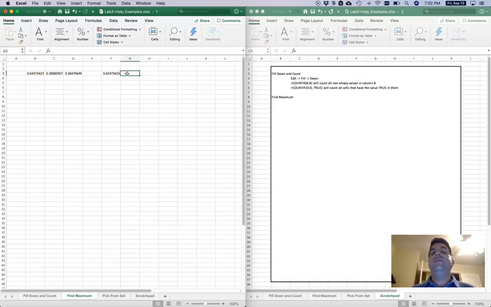Now, there are a bunch of different ways to do this. If you have a whole lot of these, then I recommend you use some of the array functions and use some sophisticated arithmetic and indexing in order to make this work. But for the purpose of this lab, you can just do 2 nested if functions. And so you could do something like if this cell is equal to this cell,